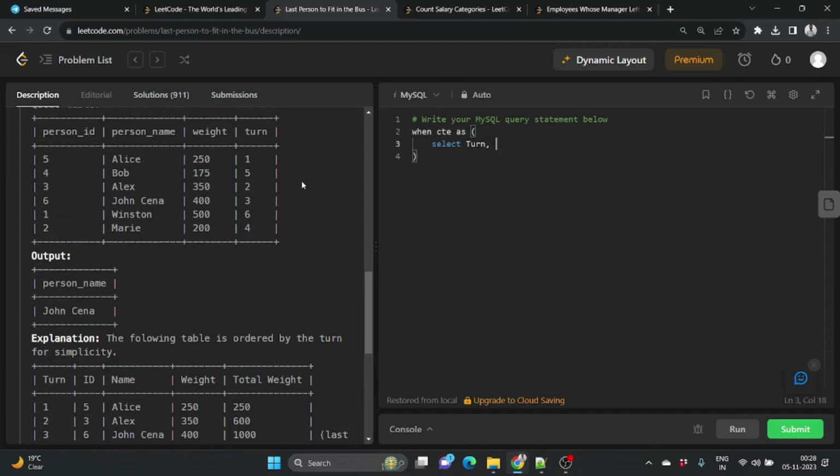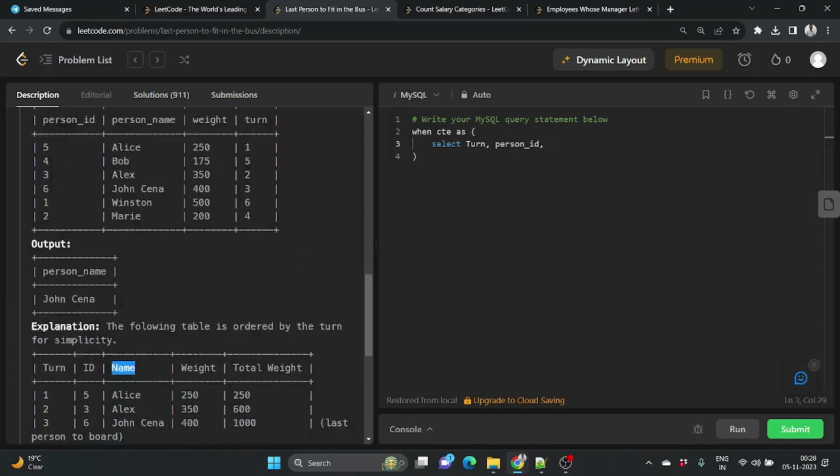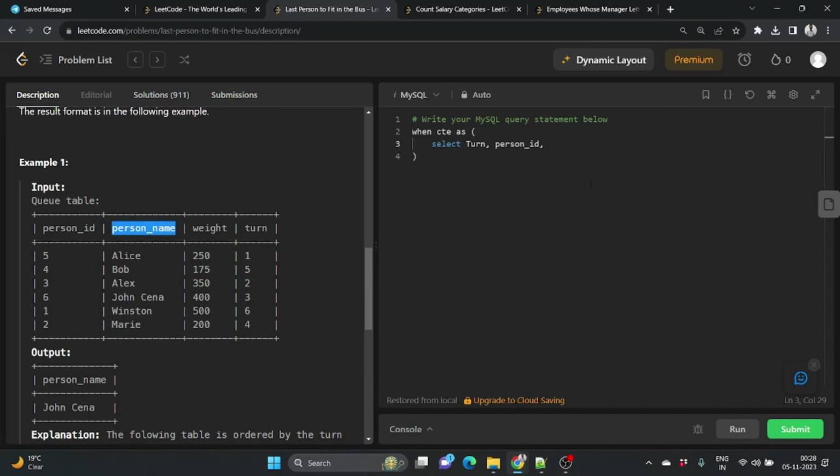Let's also return the person ID, then the person name, then the weight and the cumulative sum. For that we will write sum